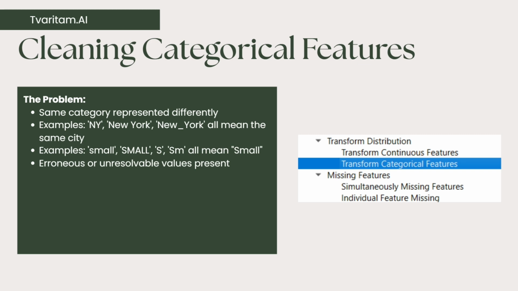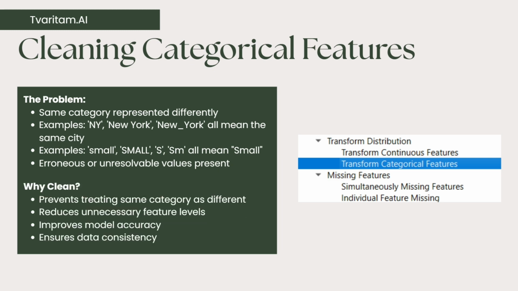For example, New York might appear as NY, New York with a space, or New_York. Similarly, there could be differences in capitalization such as small again written in all caps, and abbreviations such as S can create multiple feature levels even though they represent the same category. Since machine learning models treat each distinct value as a separate category, these inconsistencies introduce unnecessary feature levels and add